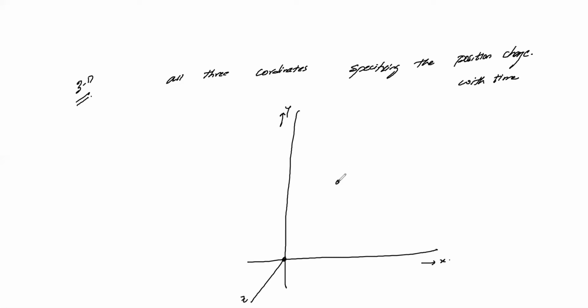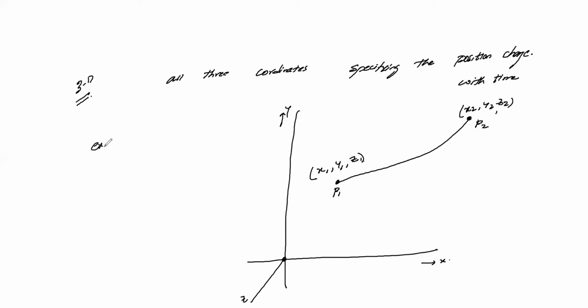Now assume any object is traveling from one point to another point. It is not in a straight line. Assuming I'll take this one as P1 and this one as P2, with the help of coordinates only we can specify it. So I assume it is x1, y1, but because of the three coordinates, I'll take it as z1. Here also it is x2, y2 and z2. So these are your three coordinates here. With the help of coordinates only we are going to find the positions of this object.